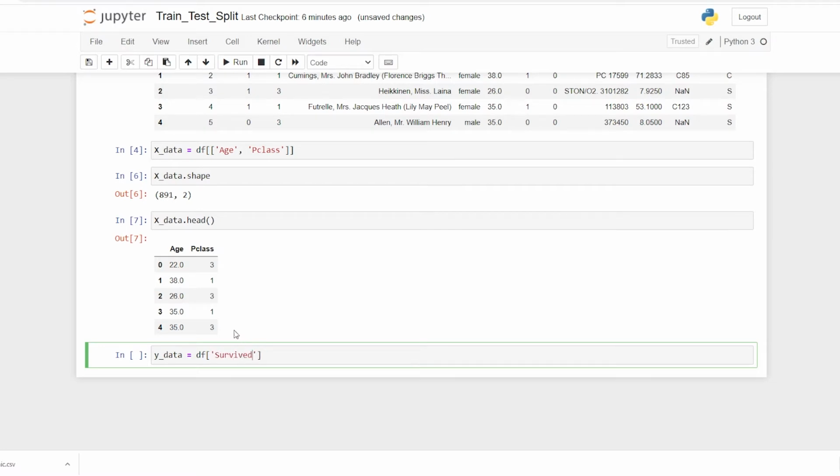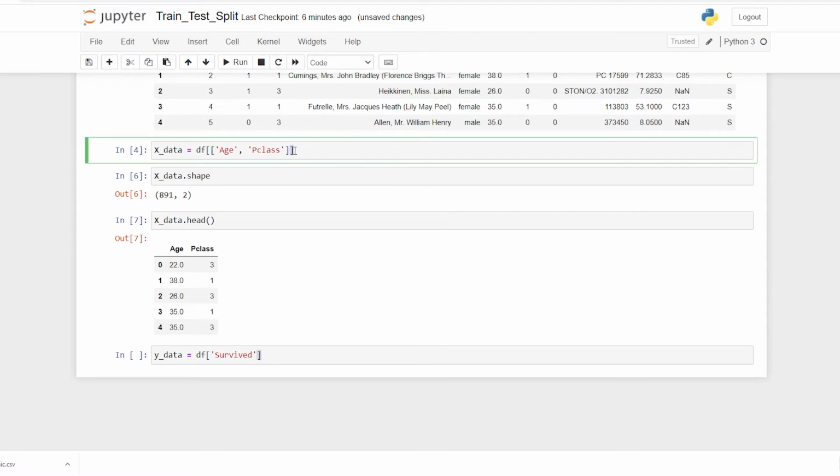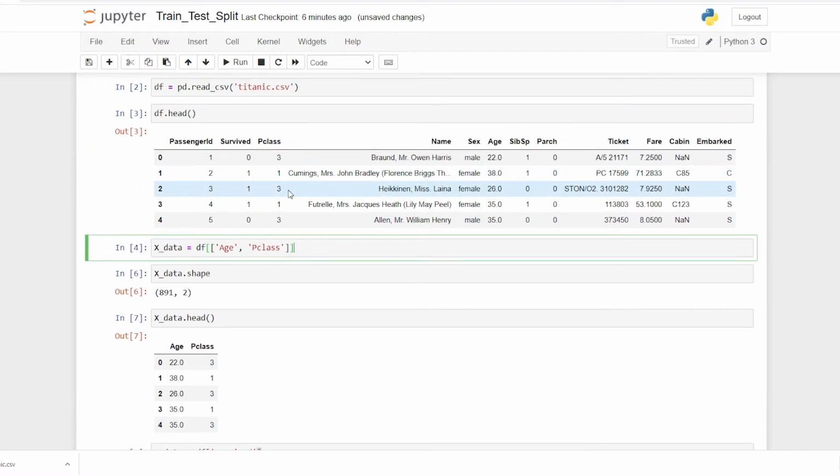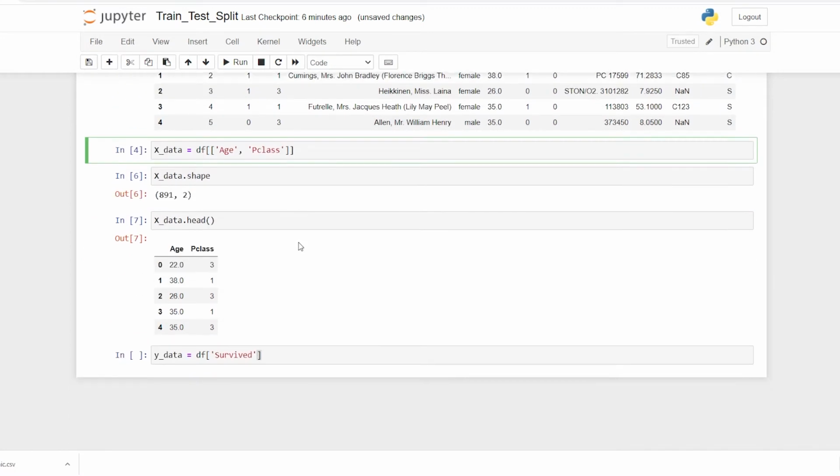Now you might be wondering why I am using a single square brace over here and double braces there. In the data frames concept, when I want multiple columns in one single data frame extraction, I have to use double braces. This is two-dimensional because we have two values, so this is for multiple dimensions. You can also increase the number of columns, it doesn't matter.